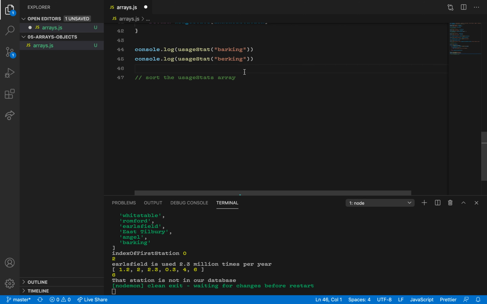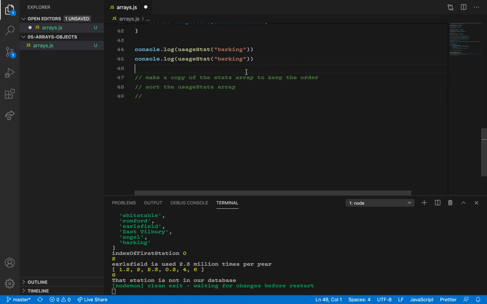So before we sort the usage stats array, make a copy of the stats array to keep the order, and then we sort the usage stats, or we could sort the copy or whatever, but we keep that order around, then we sort it,